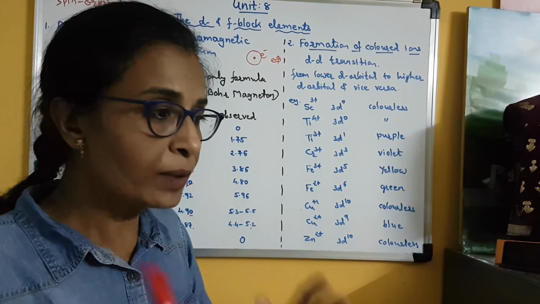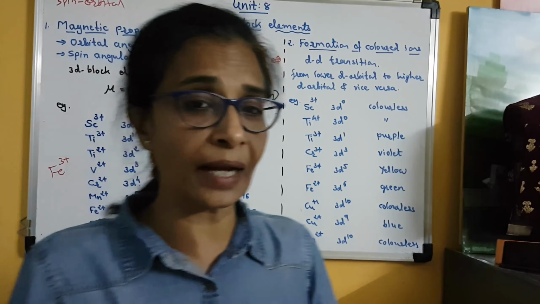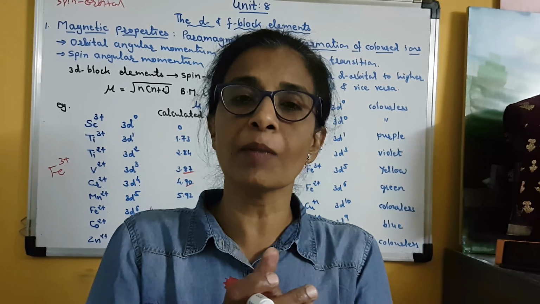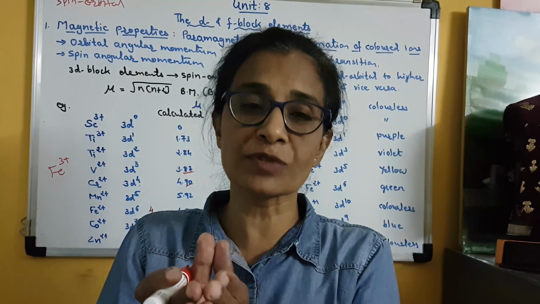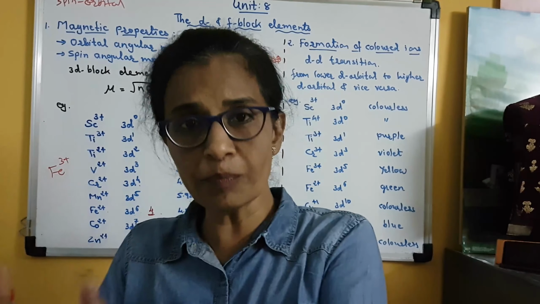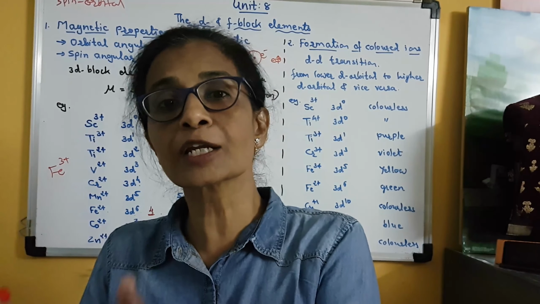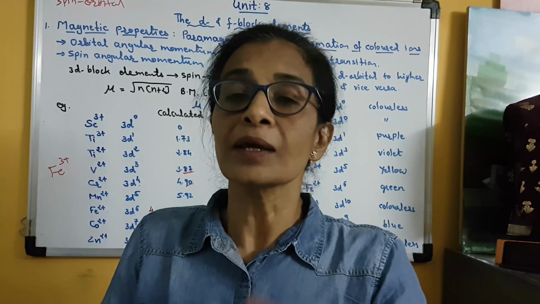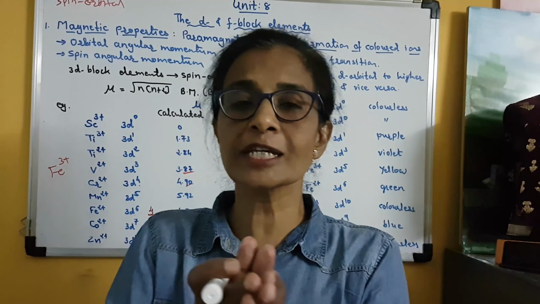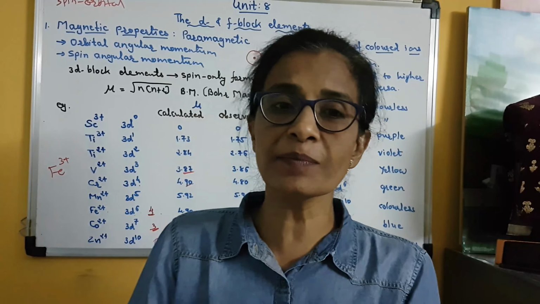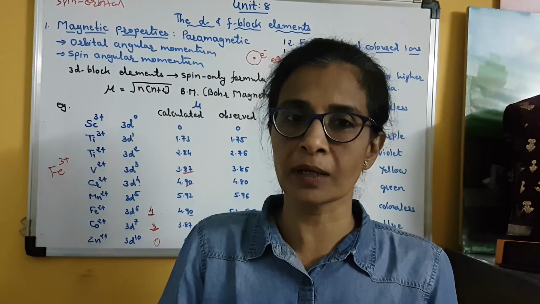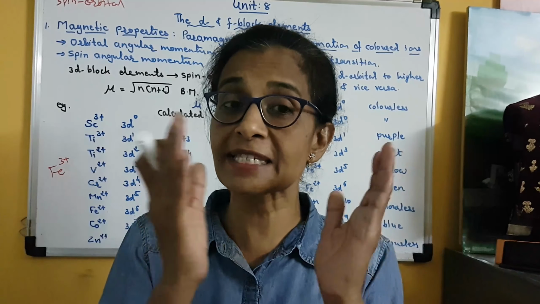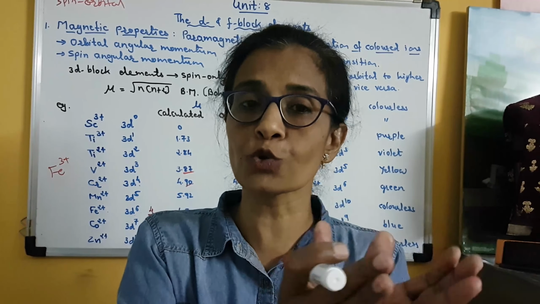One more important thing is, as we know, visible light is made up of 7 different colors. So the ion absorbs some colors from that visible light. The color which is absorbed by the ion will not be the color shown by that ion. Clear? So the color which is not absorbed by the ion will be shown by that ion. For example, Cu2 plus is blue in color. It doesn't mean that Cu2 plus absorbs blue color. It is the opposite. It absorbs all remaining colors from visible light except blue, and that is why it shows blue color.